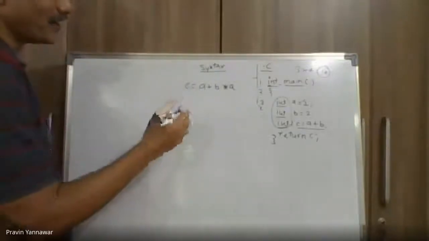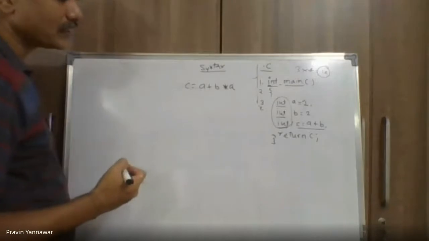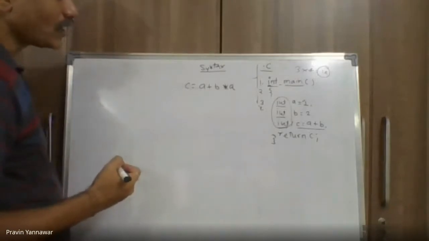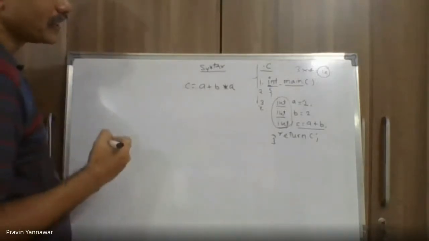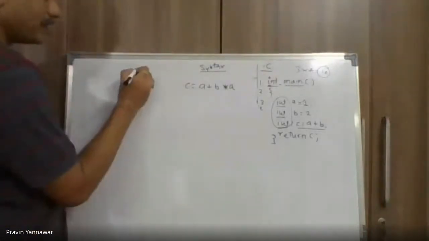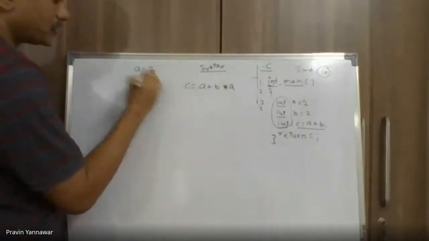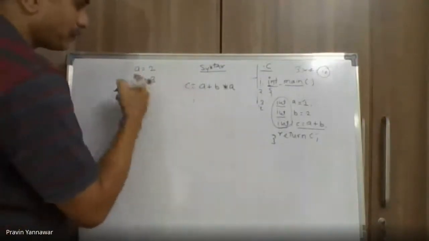Fine. So is this expression correct? You may say that yes, this expression is correct, but there is a problem, right? See, for example, if I say a equals 2 and b equals 3, then if I replace these values,